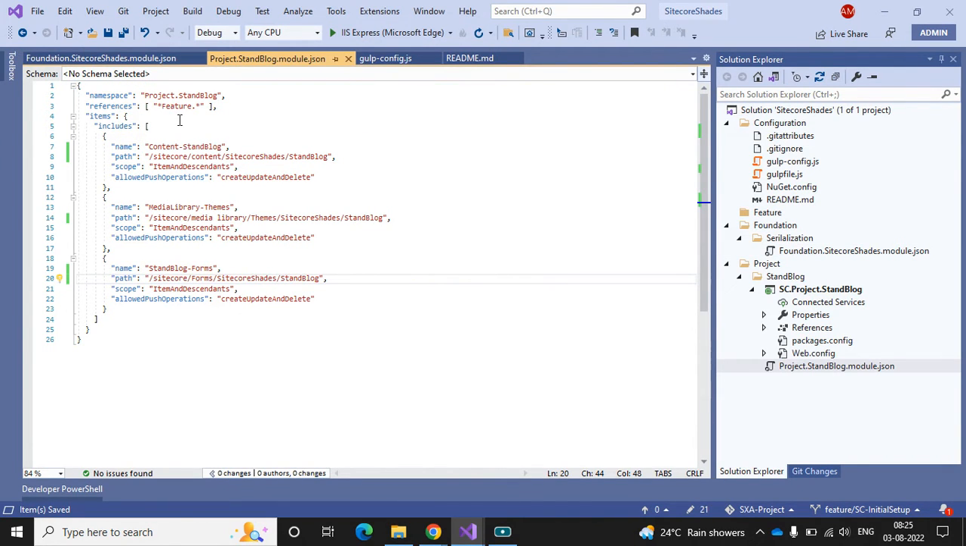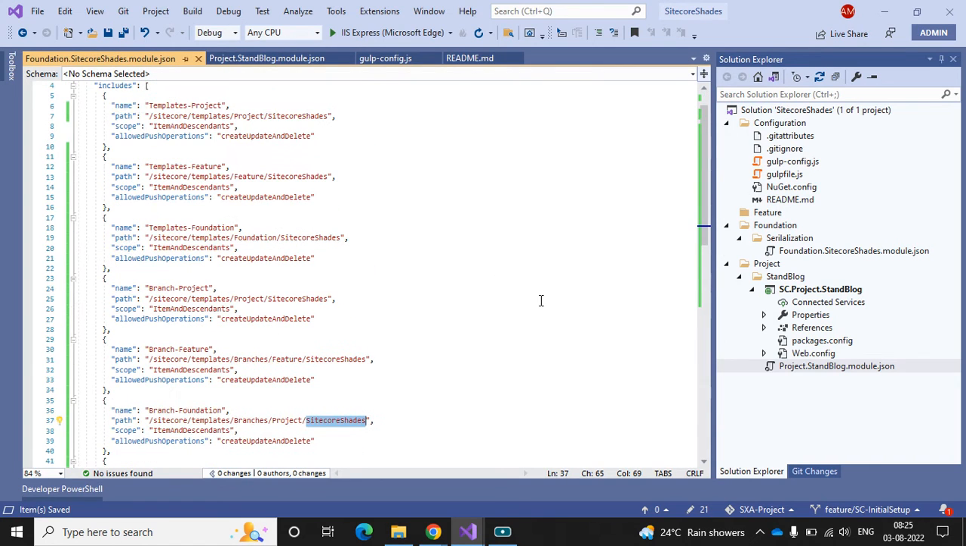So I have given the name and stand block, and the reference is the feature. As per Helix architecture, we can find the foundation at the top, then feature, and then the third one is the project. So project is dependent on the feature. So I have added the reference as the feature. We can directly refer to the values from the feature layer. And then items, I have included the item in the content item, because if you see the content item here,